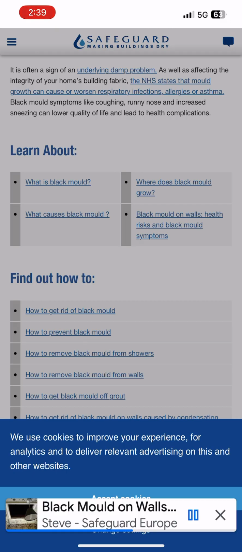There are many reasons why a house might have excess levels of condensation. Lack of ventilation. Obstructed airflow. A high level of moisture creating activities like cooking, washing and drying. Remove and prevent. Black mold on walls caused by penetrating damp. Penetrating damp is caused by outside moisture breaching the internal walls. Wind-driven rain is often the reason, although faulty guttering and other sources of moisture can also cause penetrating